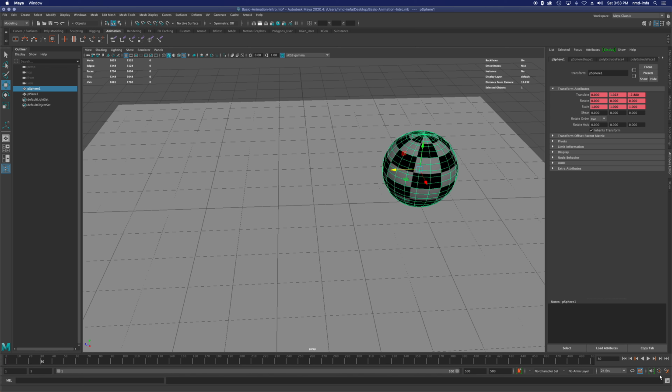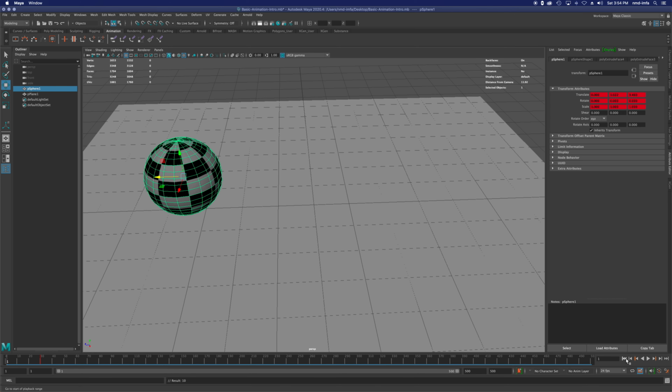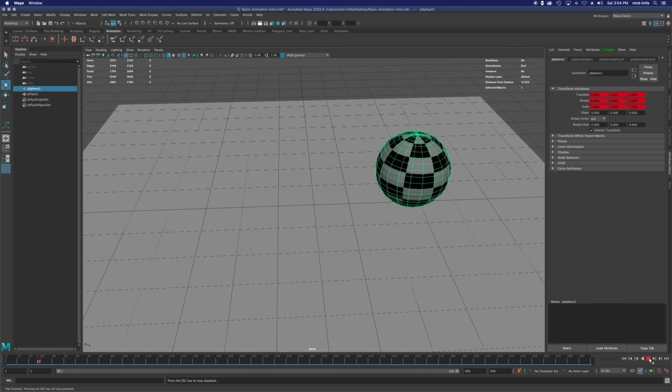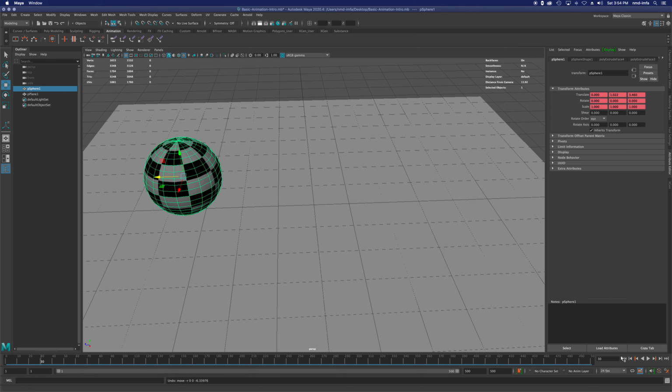And now I'd hit S again, and now I have another key. You'll see there's two red dashes there. And if I go back to the beginning and play it, there it goes, moves across, pretty close to real time. Again, I'm going to undo and move it back to position,